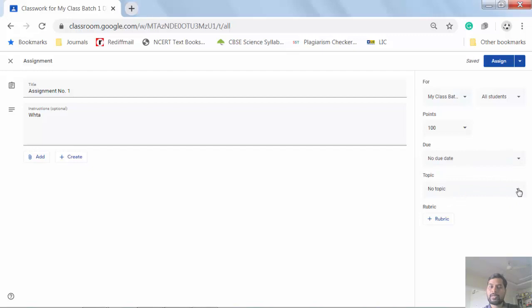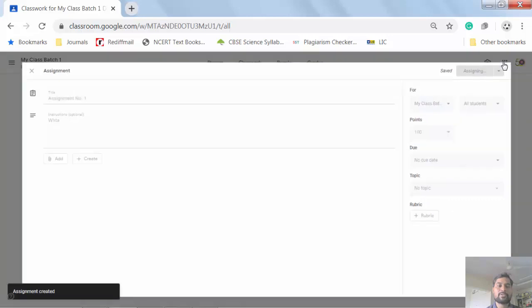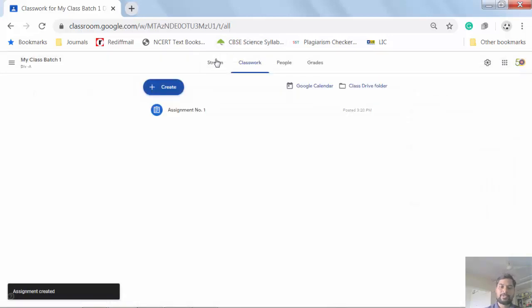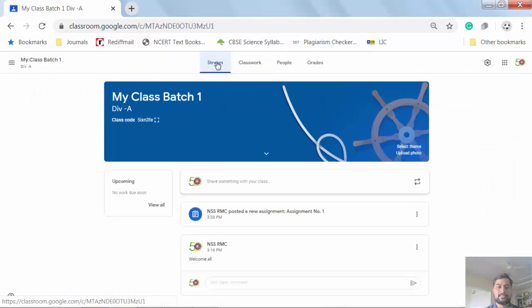There is no topic yet, but we can classify all the posts according to the subject. So take the meaning of topic as the subject. These are the various options. When we click on assign, this assignment will be posted into the class. Every student can see this post in the stream tab. So we can post like this.